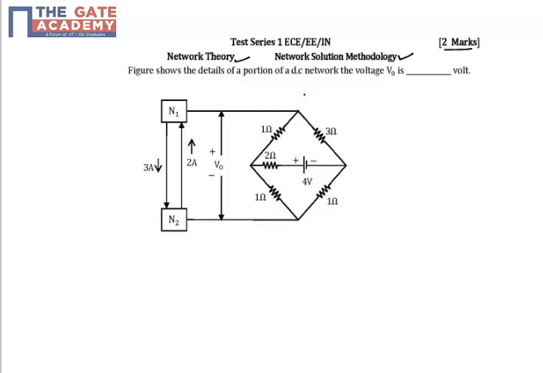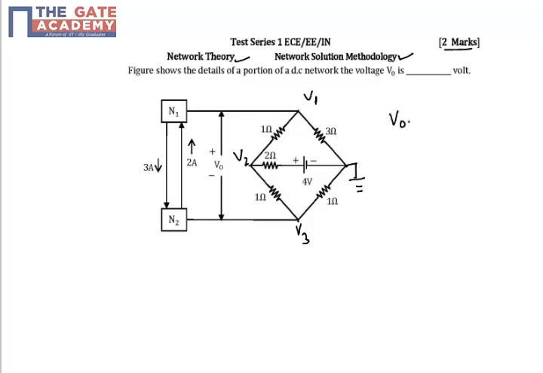Let's name this node as V1, this node as V2, and this node as V3. As you know, in network theory, whenever we intend to apply nodal analysis, we always assume one reference node in the circuit. Since we have this voltage source of 4 volt with its negative terminal connected here, it is fair to assume this as the reference. All other node voltages will be calculated with reference to this node. So now this is V1, V2, V3 and we need to calculate V0.